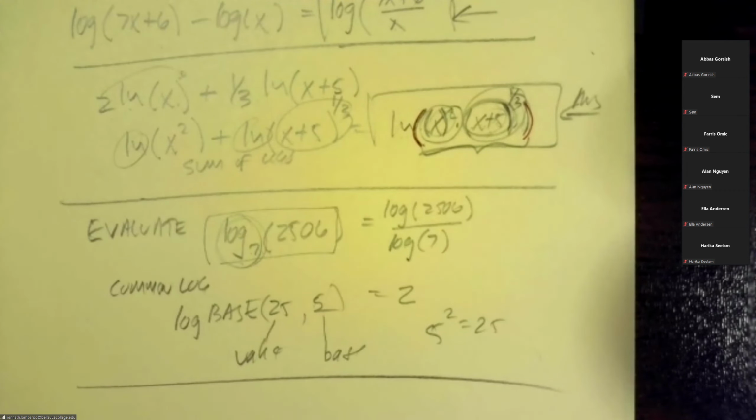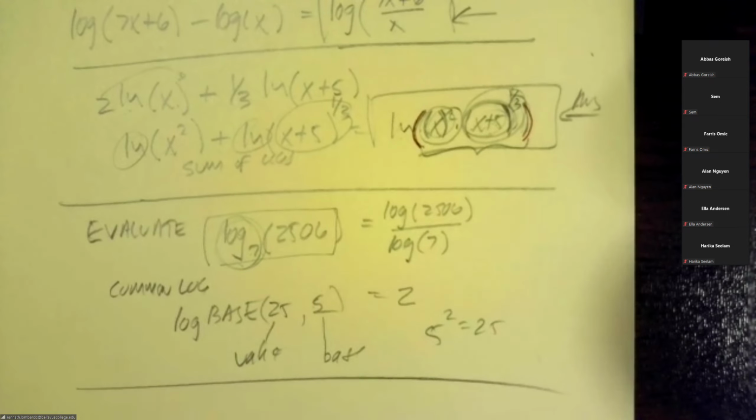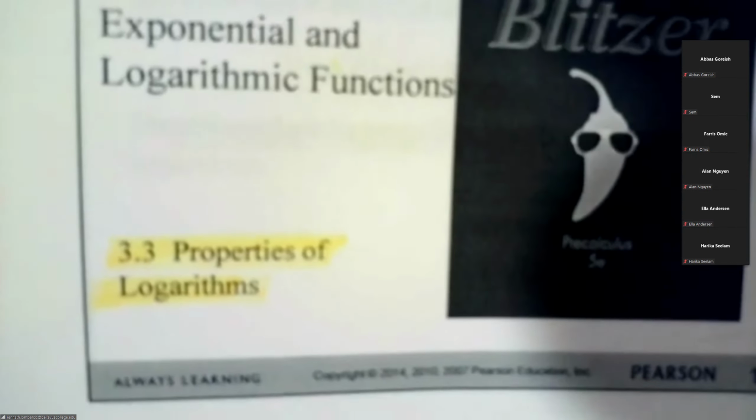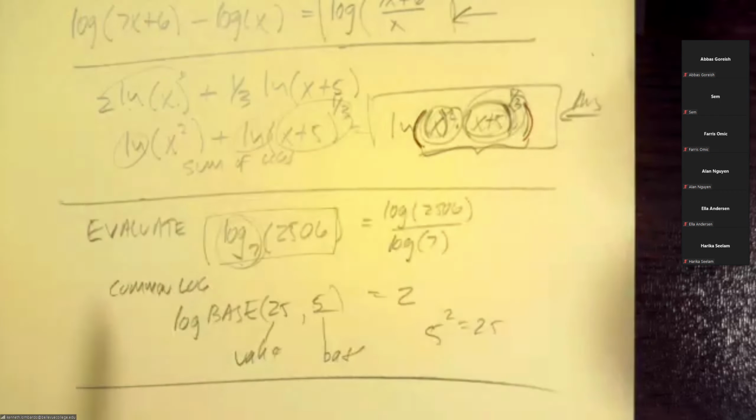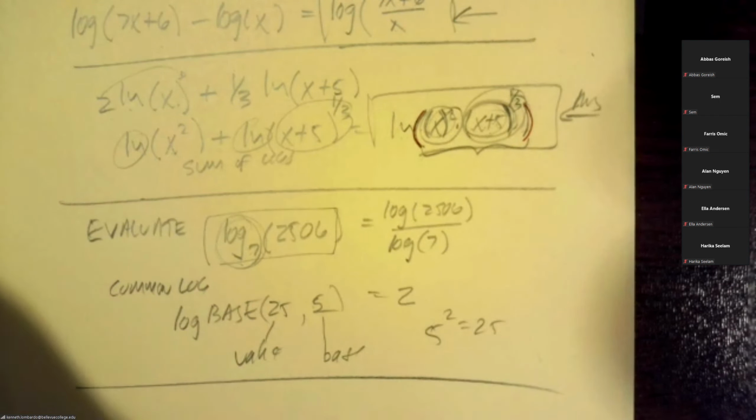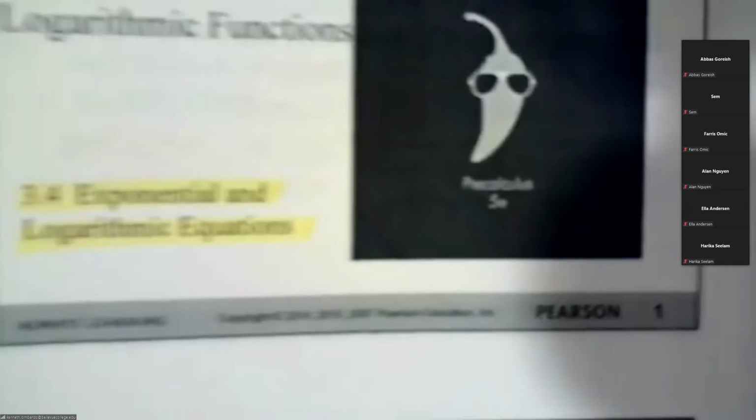So I'm going to stop at that point on section 3.3. We've gone through the product and quotient and power rules and expanding and condensing and the change of base property. So with that in mind, I think I will go to the next section, which is 3.4,